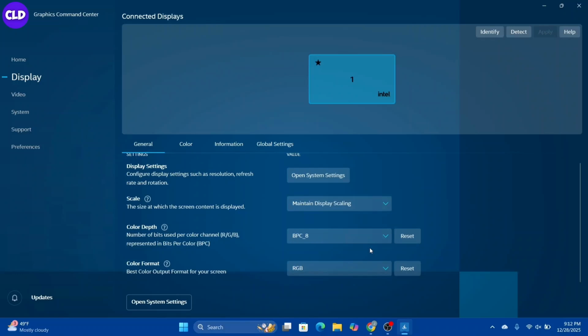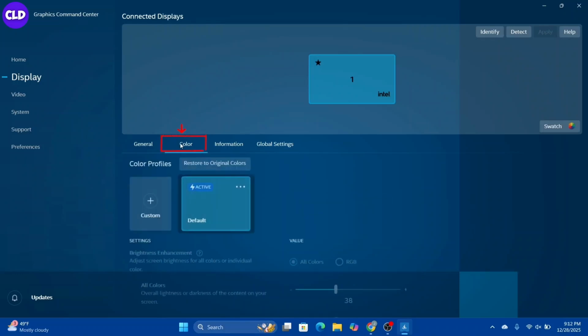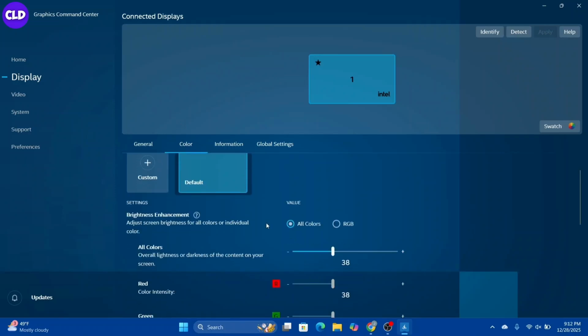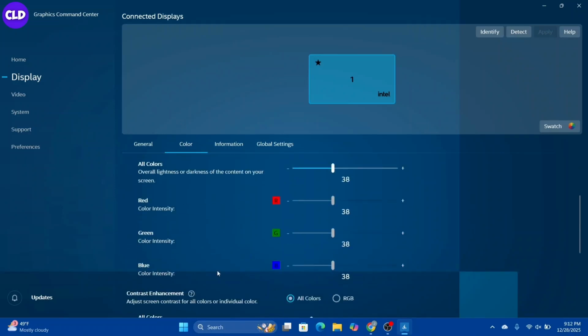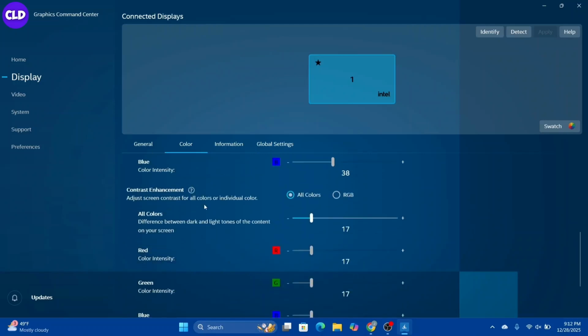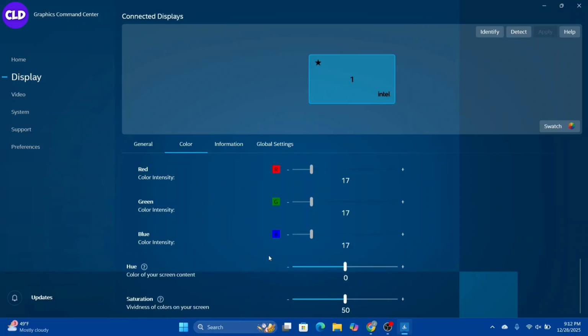And if you have color enhancement, you can turn it off. You can look out for color settings here. You can make the brightness enhancement apply to all colors and set it up. If you have color enhancement, you can turn off everything, even adaptive brightness, and set it up. And apart from that, you can go to the system tab,